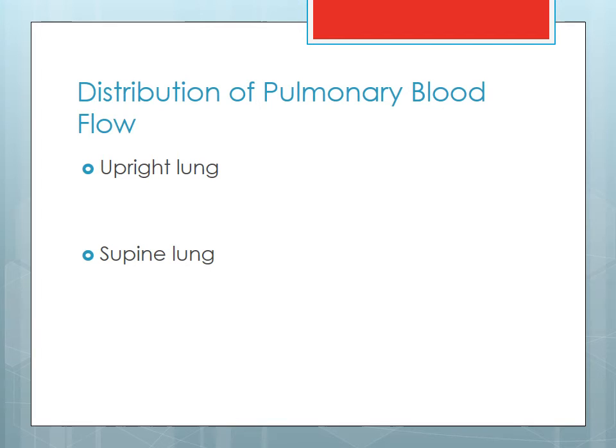Okay, the final thing we're going to talk about is distribution of the pulmonary blood flow. And this really should be common sense to you. If you have someone sitting up, let's everyone sit up straight. Where is the most blood in your lungs? In an upright lung? Right, it's in the base. Okay, more blood flow in the posterior lobes as you are laying flat. So gravity helps